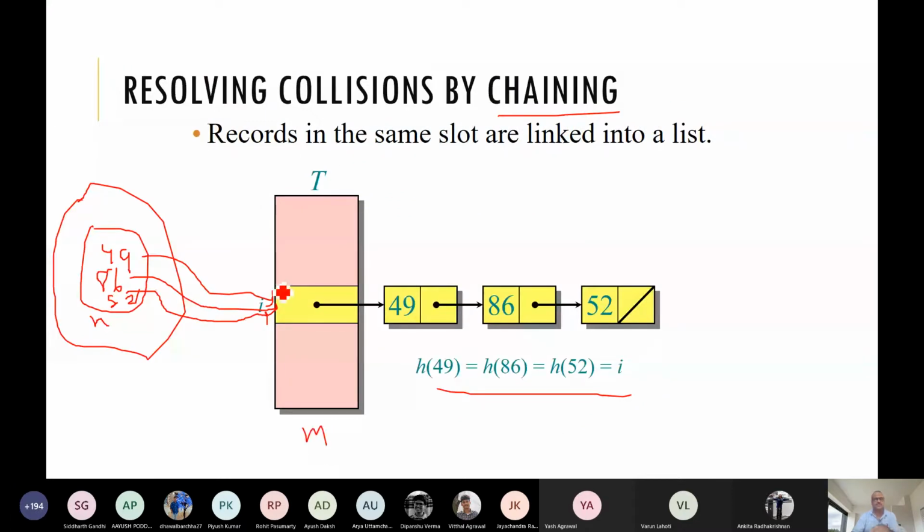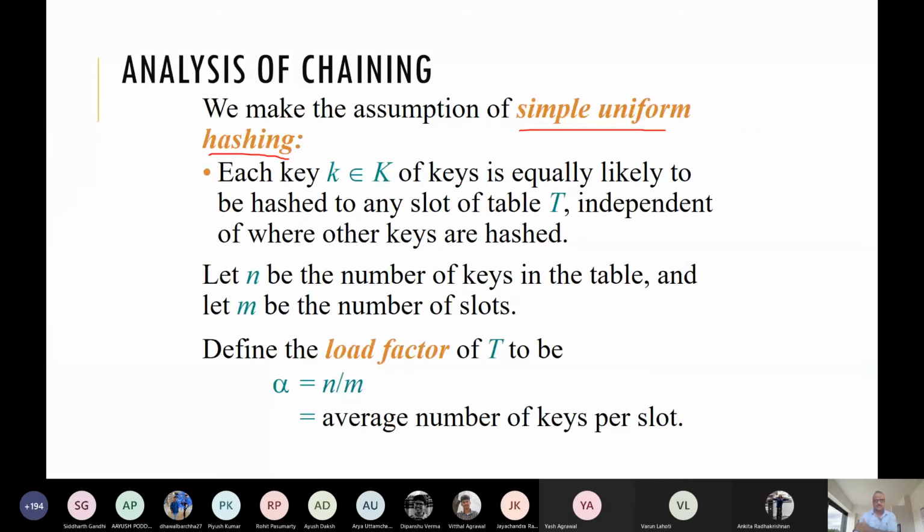If n keys are distributed over these m slots uniformly, that means the probability of a given key coming into one of these slots is 1 by m. If that is the case, then that hash function is called a good hash function, or simple uniform hash function. So in that case, what is the time complexity?